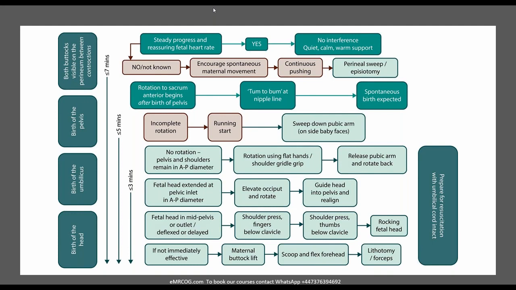to the mother. I'm going to ask the mother to help me. And what will I do after this? Maternal buttock left. So by the maternal buttock left, I am going to help the delivery, right? In the